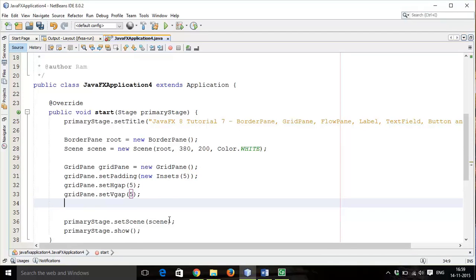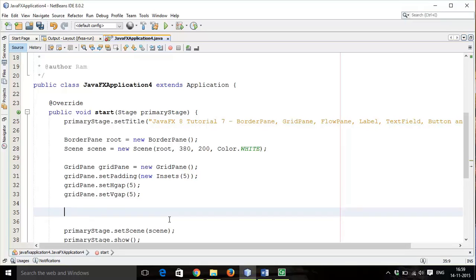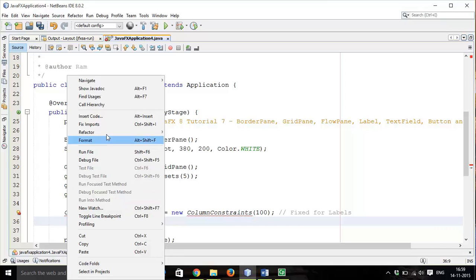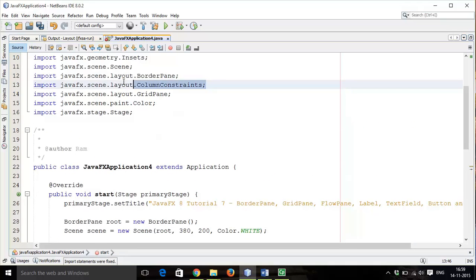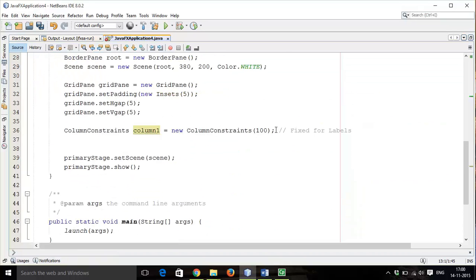Then next is add column constraints for the grid. So column constraints for column 1 equals to new column constraints, first column with 100 pixel wide. So this is fixed for labels. Then add one more column before that, fix the import. So this will add the column constraint import. Here it is. Then next add one more column. I will copy this,